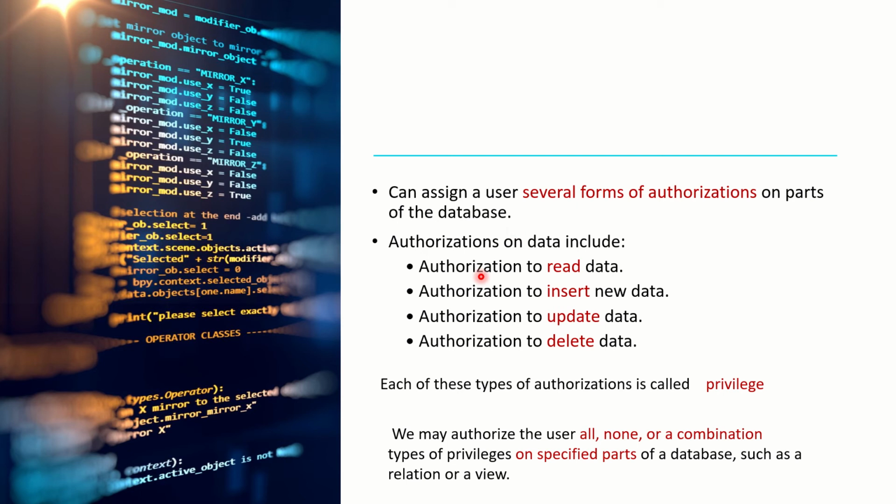Commonly, the authorizations assigned to users are authorization to read data from the database, authorization to insert new data into a database, authorization to update data, and authorization to delete data. So it is possible to assign several authorizations to different users